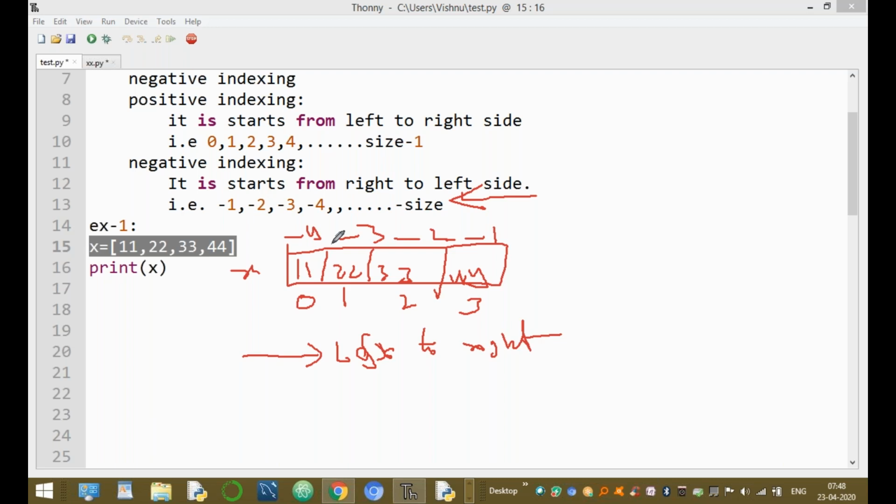Only the Python programming language supports two types of indexes: positive and negative. The negative index starts from -1, -2, -3, and -4.